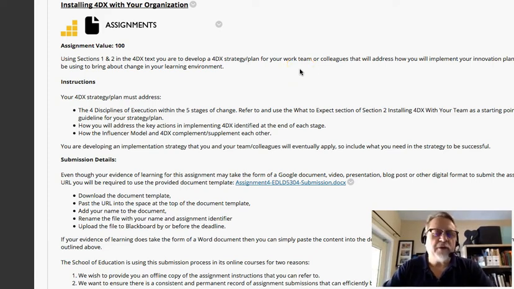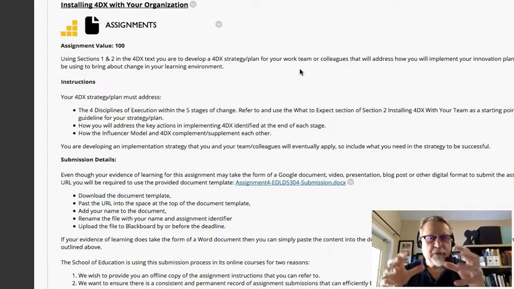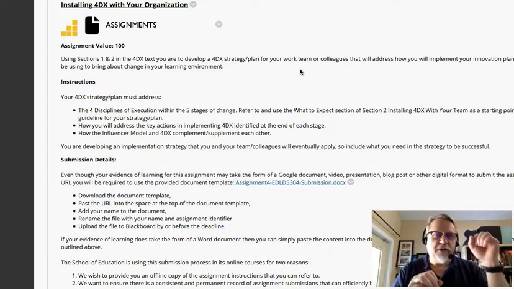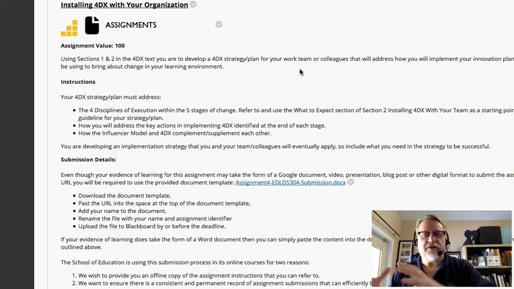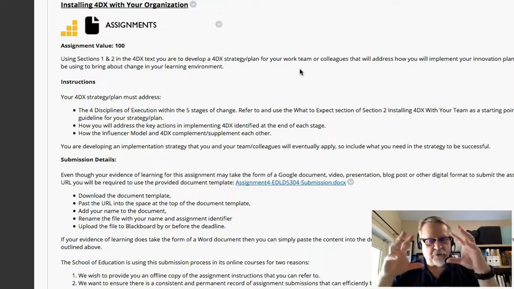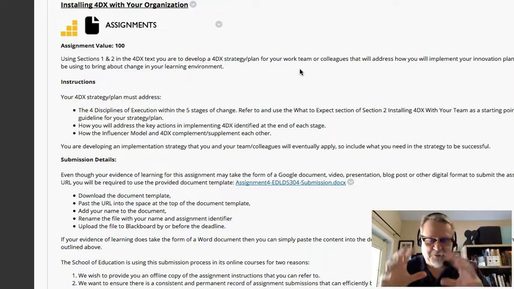Installing 4DX within your organization is a really important aspect of your organizational change strategy. And you really are focusing on your immediate team, which means you only go to stage 2 within the book. There's a third stage, which is looking at the large organization. So you want to focus on the pilot group, that small team. You don't want to focus on the whole district. So you want to start a little bit smaller and get comfortable with the whole process before you look to